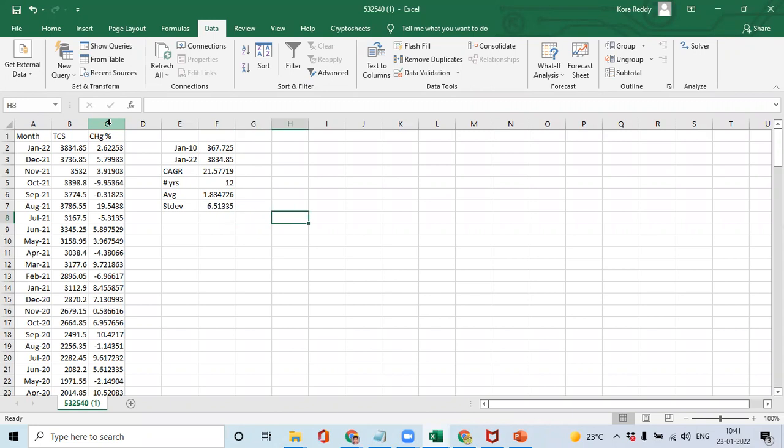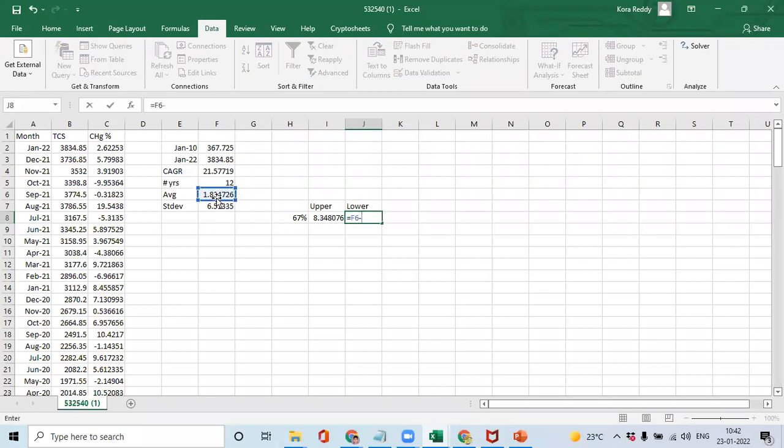At a 67% confidence level, it is average plus 1 standard deviation. On the lower bound, it is average minus this. So with 67% confidence, I can tell in February it is going to move between 8.3% on the upper side,